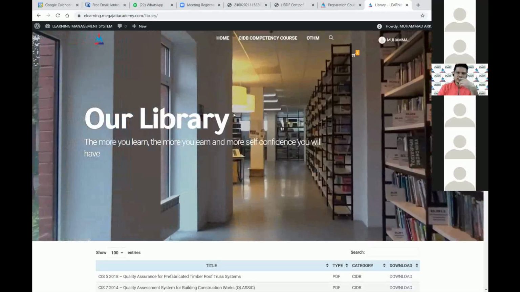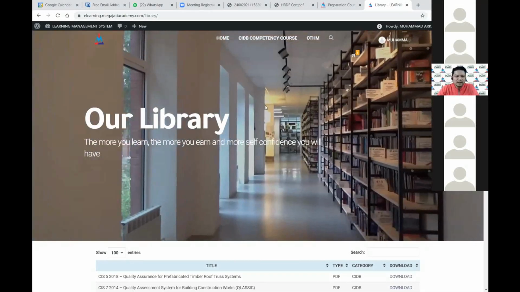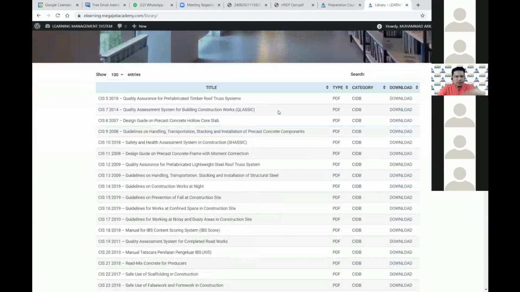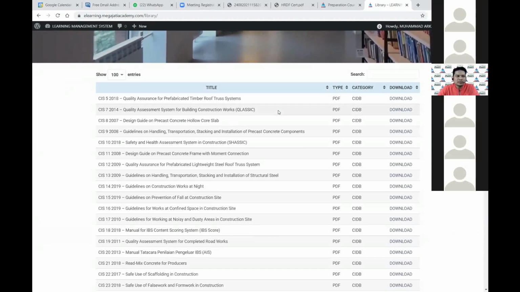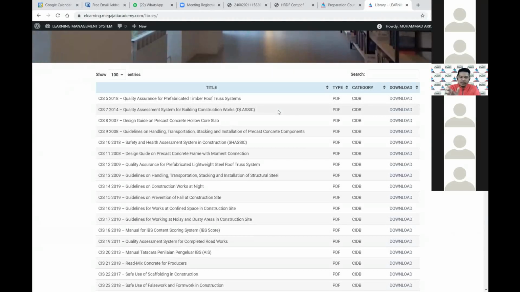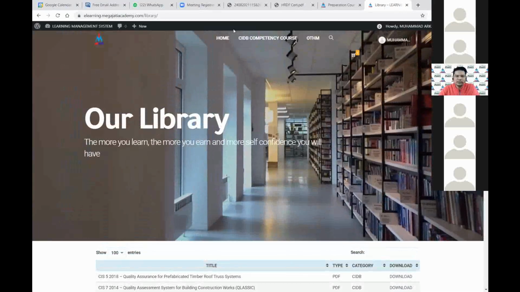You can walk in just like this, feel the ambience of the library, but it's in your own place. A very nice library. We will keep updating; we have more than 200 references to be added, but we need to ensure the validity of the documents, so sometimes we need to make sure it's the latest version.